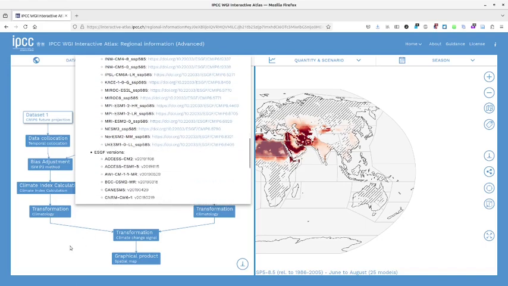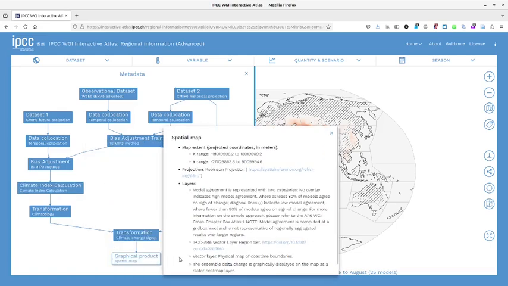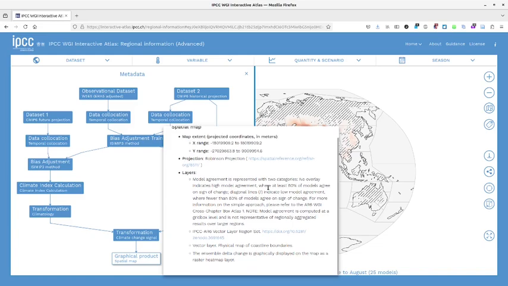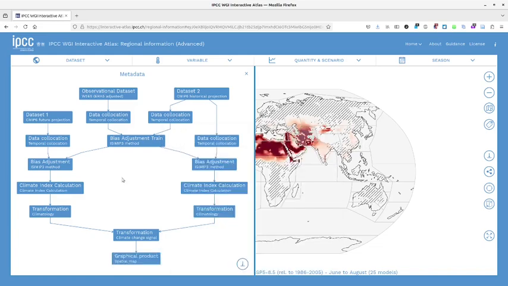It is also possible to gain deeper insight into the TX40 climate index and how it is calculated from the temperature data. Also, specific details about the ensemble multi-model agreement depicted by hatched areas, along with other map elements such as cartographic projection, supplementary vector layers, spatial extent, and color bar characteristics, are all indicated in the final graphical product